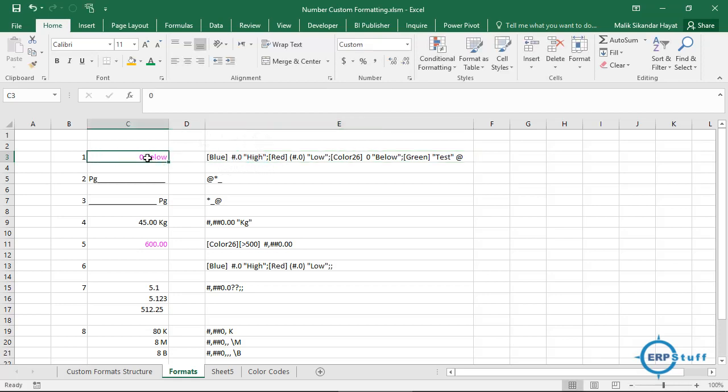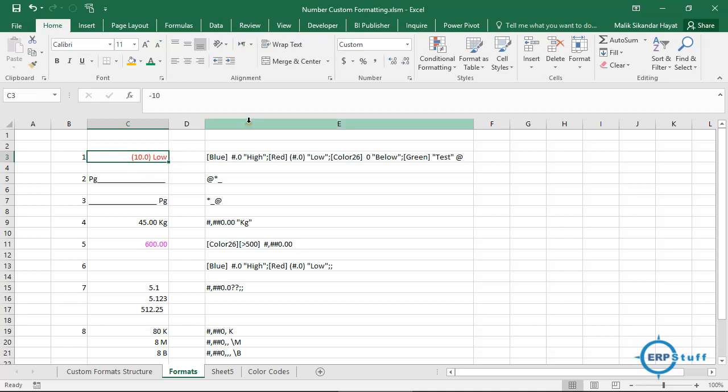So here I entered 0. Instead of 0, I will just enter, let's say, 10. I will not enter anything else, just 10. See what it is showing? It is showing color blue and 1 decimal, which is 0, and then there is a text "high" after 1 space, right? That's it. Okay, now if I enter minus 10, what will happen?